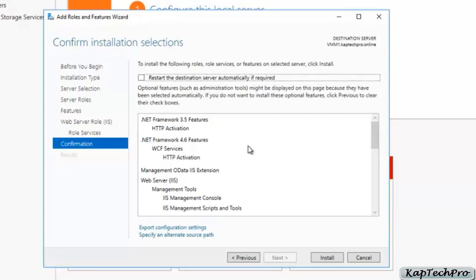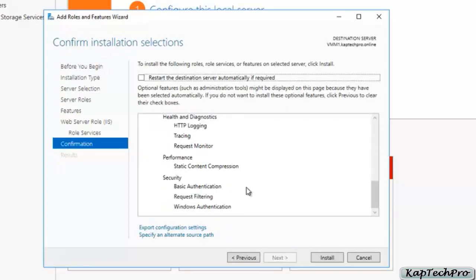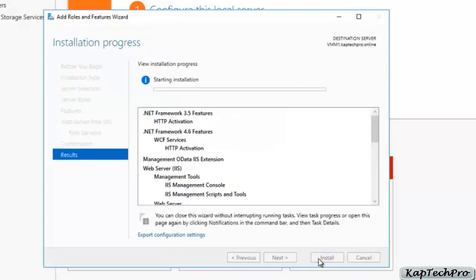You can review the selections you have made. Guys, if you miss anything, first of all let me click on Install. If you miss anything while installing the SPF server, you will get an error like this feature or this role is not installed. You can come back and install the feature again and then retry it. It will work, so you don't need to worry if you have missed something. Let's wait until the installation completes.